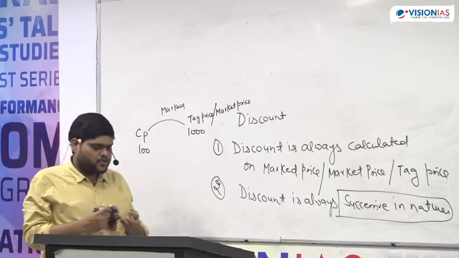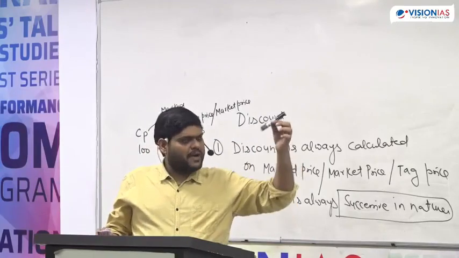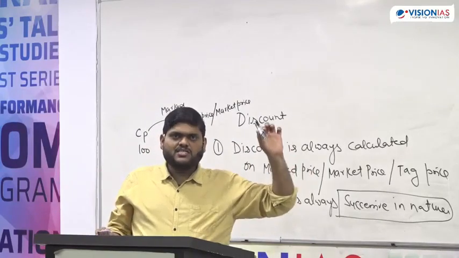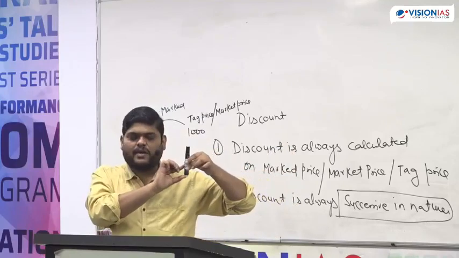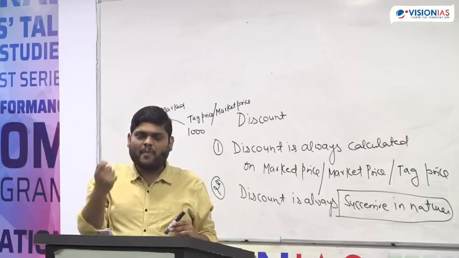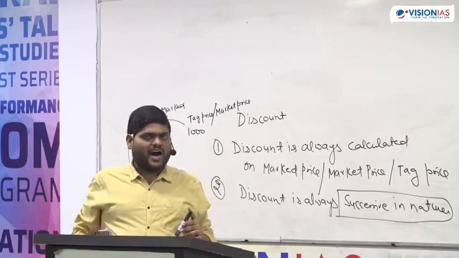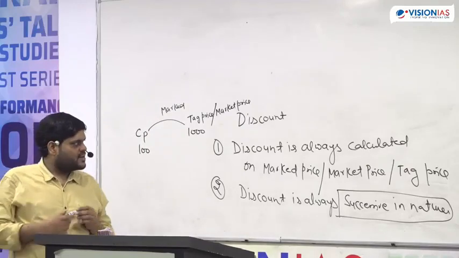Okay? Suppose tomorrow I will go to buy this marker. Some MRP will be written there, or some price tag will be over here. So that is called tag price, market price, or marked price. Are you getting my point or not? So always understand,